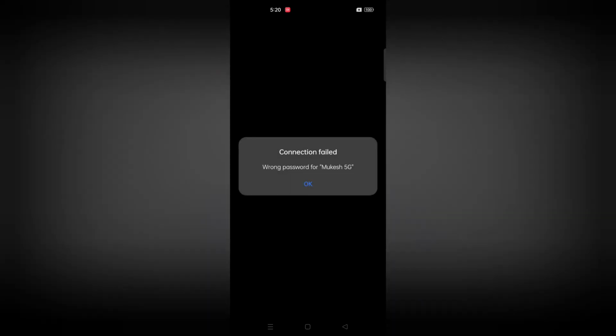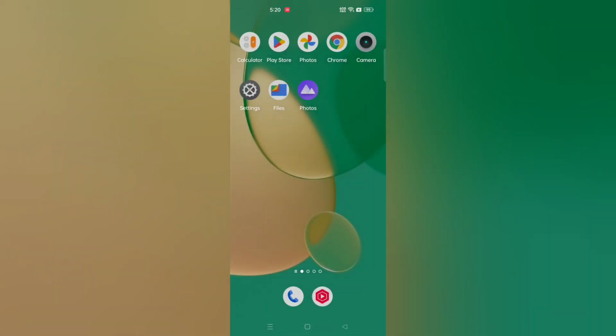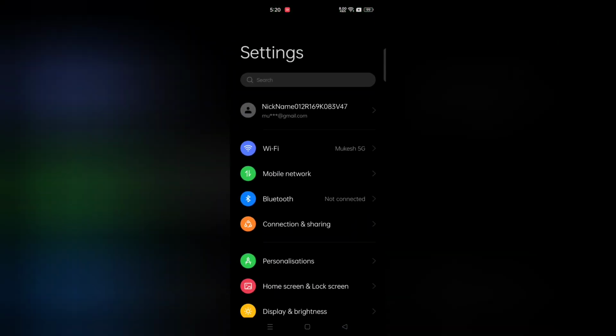So here it says connection failed, wrong password for Mukesh 5G. So here what you need to do is just tap on OK. Facing the Wi-Fi problem, then you just move on setting and scroll to